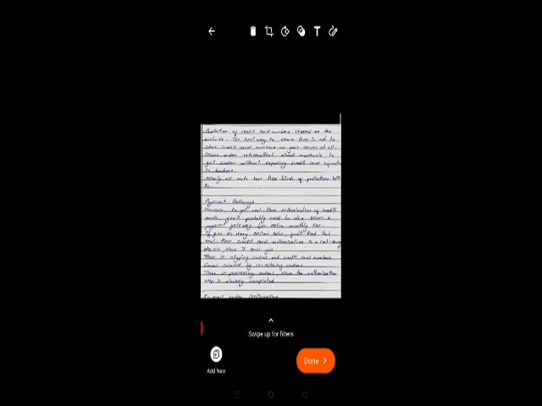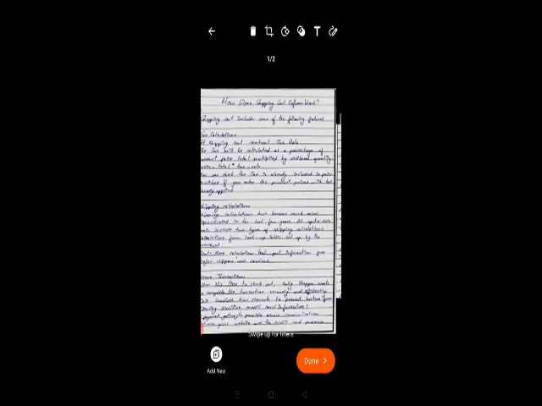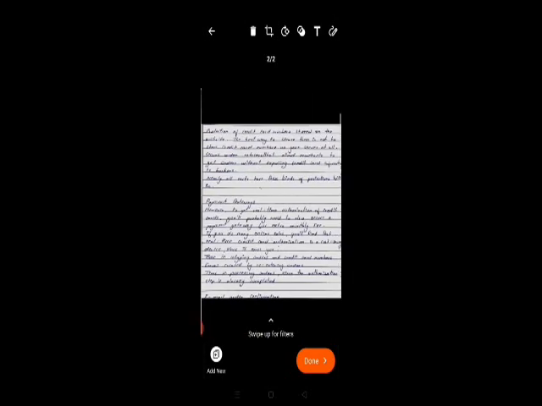Swipe through these pages and verify whether all your scanned pages are added and whether they are in proper sequence. This is my first page. This is the second page. If you want to make any modification to the scanned document, then make use of the options that are listed on top portion of the screen.